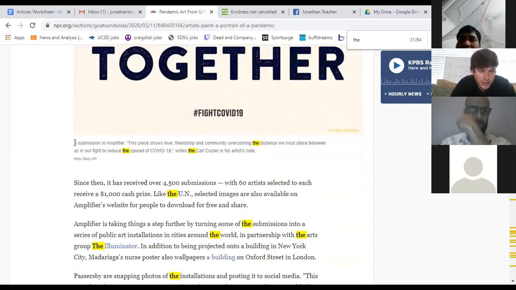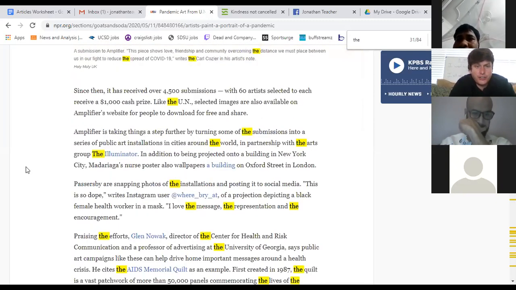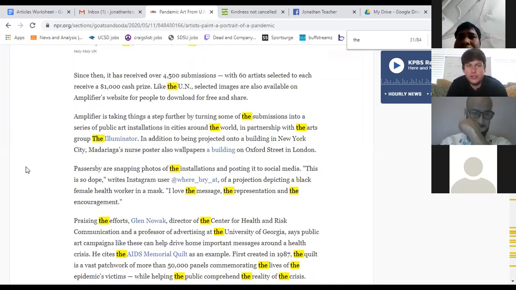A submission to Amplifier. This piece shows love, friendship, and community, overcoming the distance we must place between us in our fight to reduce the spread of COVID-19, writes. Okay, so since then, it has received over 4,500 submissions, with 60 artists selected to each receive a $1,000 cash prize. Like the UN, selected images are also available on Amplifier's website for people to download for free and